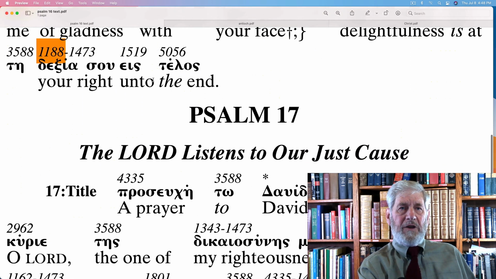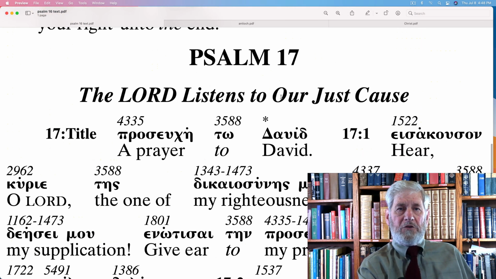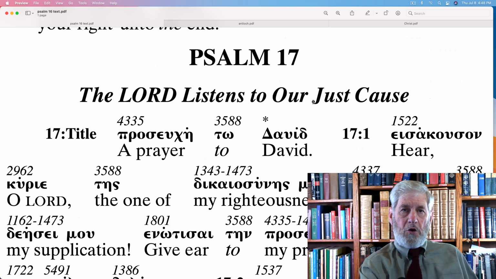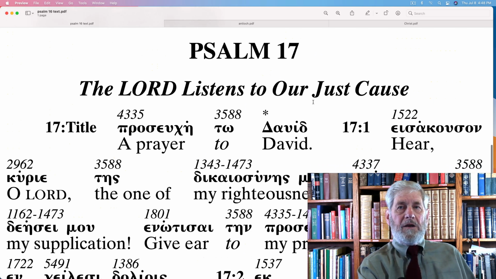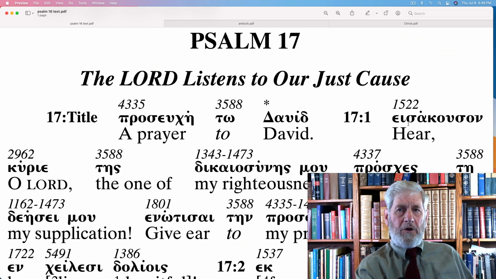Then the next psalm, the changes, and the Lord listens to our just cause. Just cause, well, he hears all the bad things we do too, but hearkens to him. Isa kuson, hearkening to it, doing something about it. And we'll find out how God hearkens, does things, listening and hears and does and acts in Psalm 17,